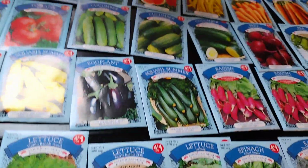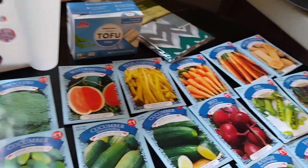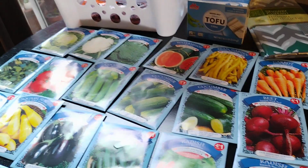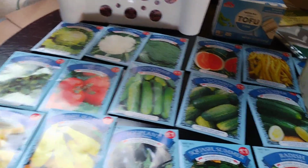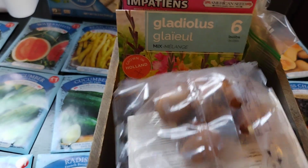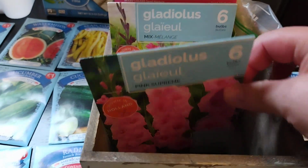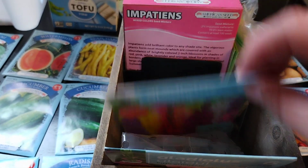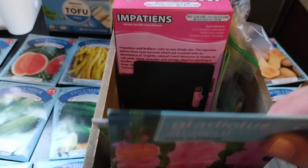So happy. So I'm going to put all this away, but I'll show you what I have as far as seeds. Now I did dry out some of my own seeds last year. And last year I bought some gladiolas. I never planted them, so I will do that this year. And I think you have to plant them by July. So I still have 2 of those. Then I have,